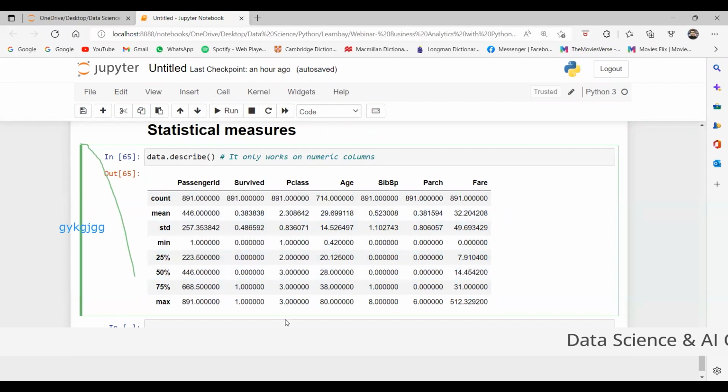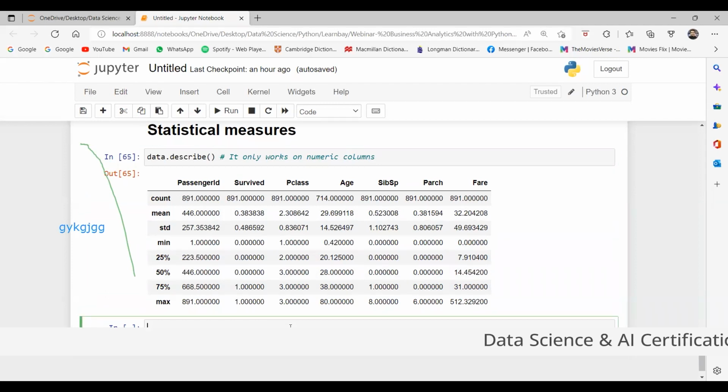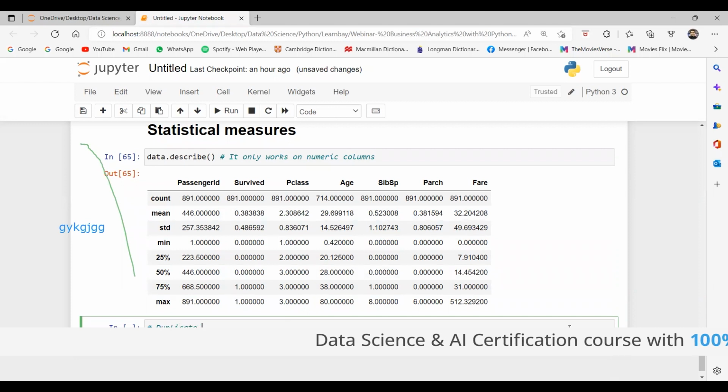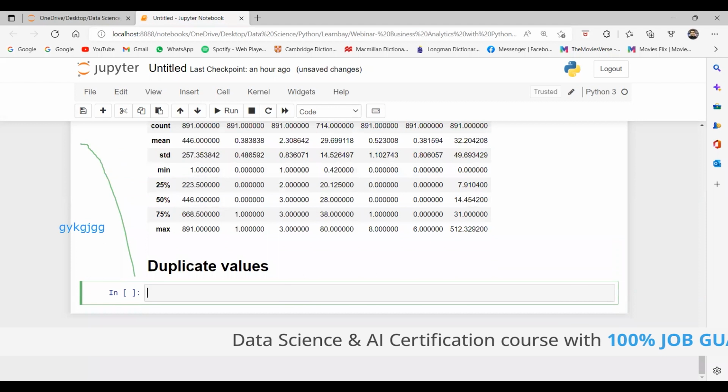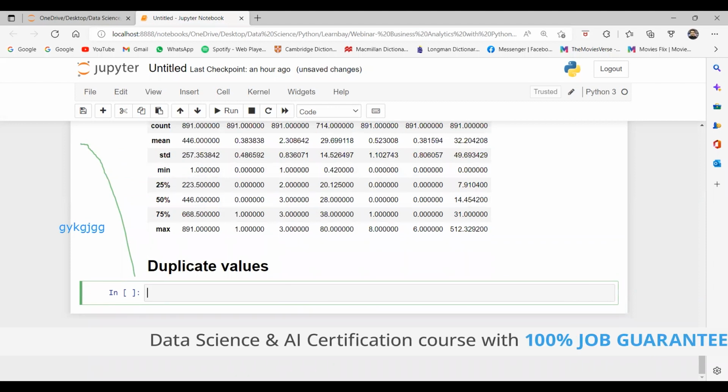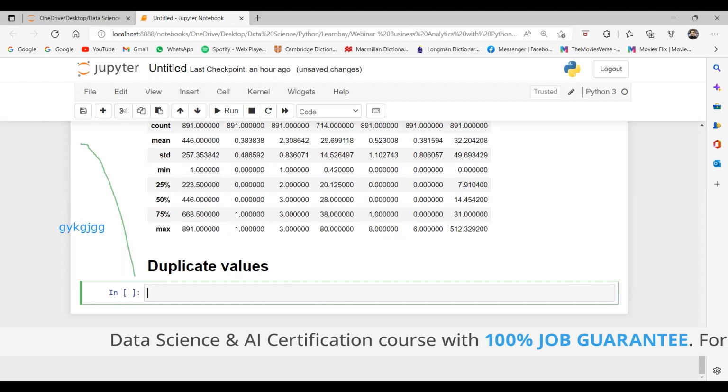So these are some statistical measures we are talking about here. Now, for example, we have to check the duplicate values. Guys, tell me if it is good to have duplicate values in the data or not. No, it is really bad.